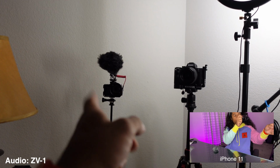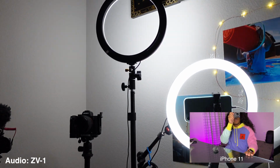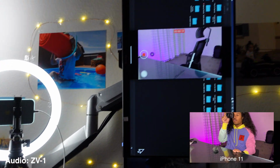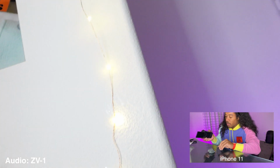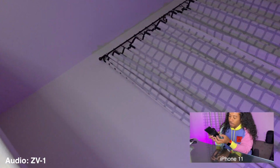All right, so DJI Osmo Action A7 Mark II. See, it was focusing on my finger. I think product showcase is on right now. And yeah, that's how I frame myself. And yeah, this is pretty much it. This is how I would be vlogging. So this is real-time autofocus. And yeah, this is the little dead cat that goes on top, which I guess I could put on right now. But this was just an unboxing to show you guys